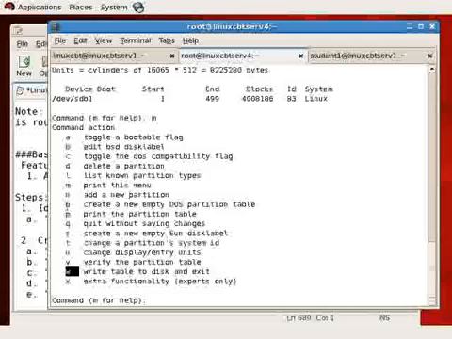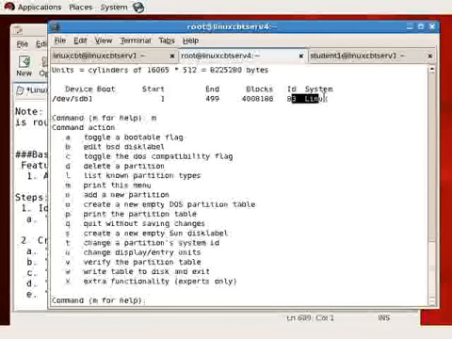So again, we've created a new partition, and by default fdisk defaults to type Linux, type 83 or ID 83, which is type Linux. This is the type of partition that we need to create a standard Linux file system such as ReiserFS, ext2, or ext3. However,